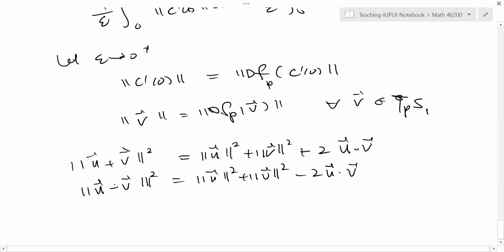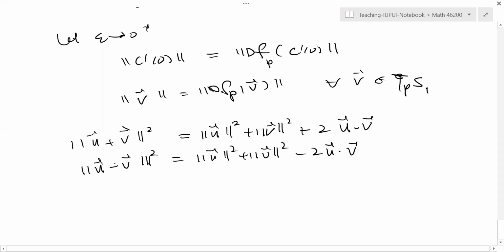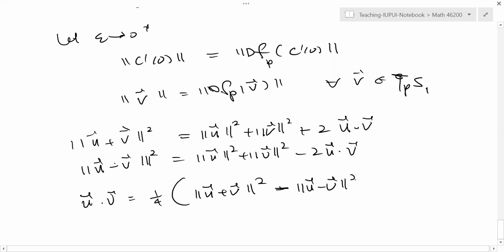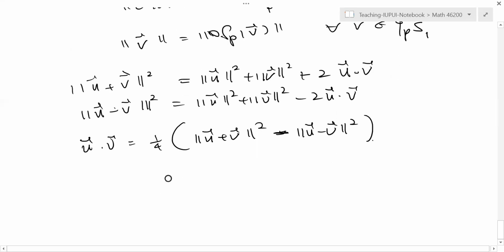If you take a subtraction and divide by 4, right? So if a map preserves the length, then it preserves the inner product, because the inner product can be expressed as a difference of the lengths of two different vectors. So using that, you can show that